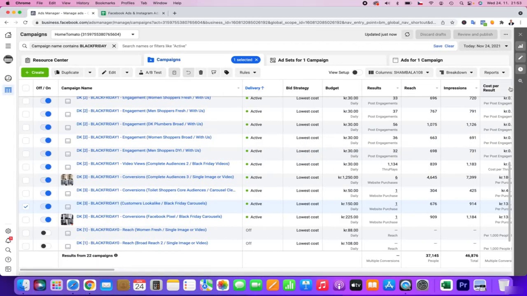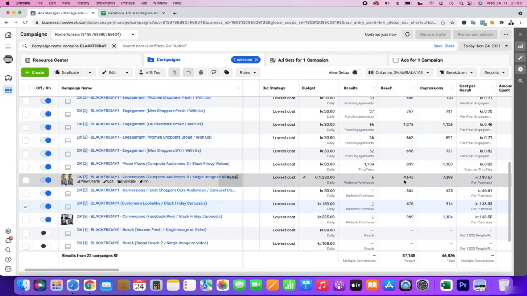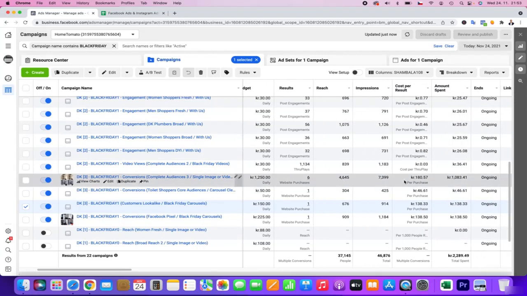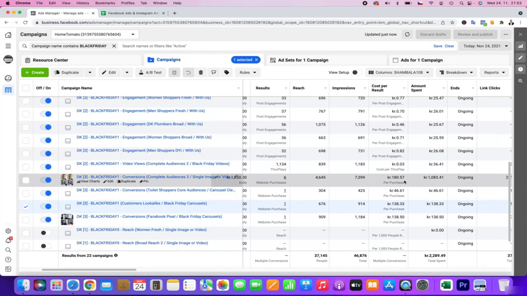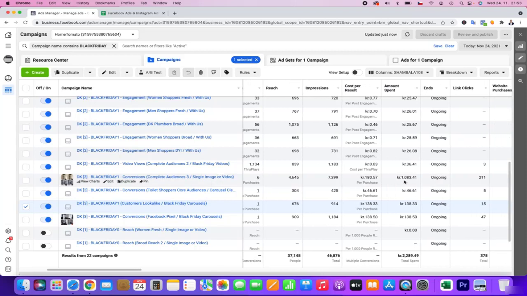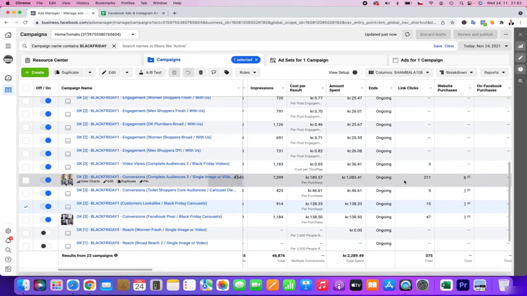The thing I am most grateful about is that the numbers are exceptionally good. As you can see, the complete audiences are doing really well. The cost per purchase is really low.